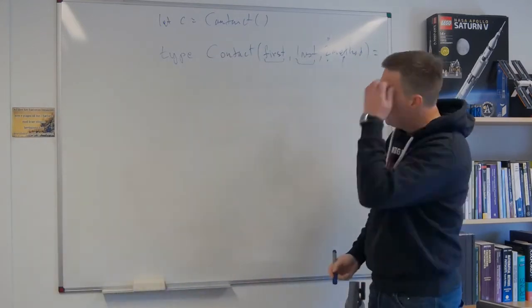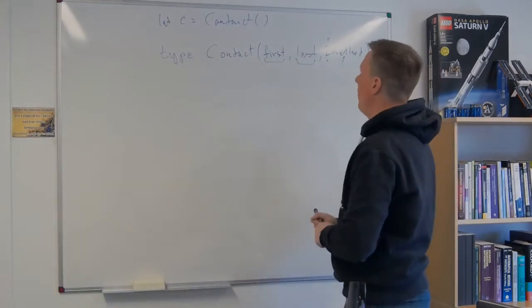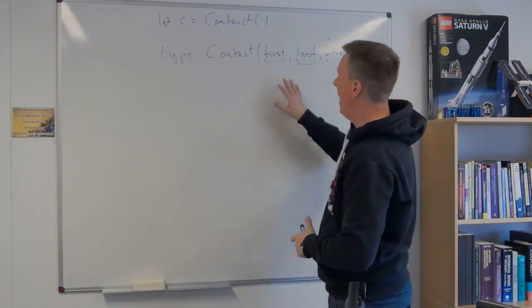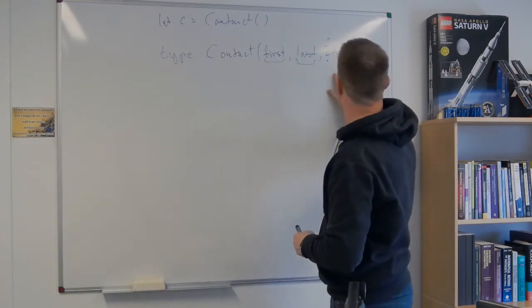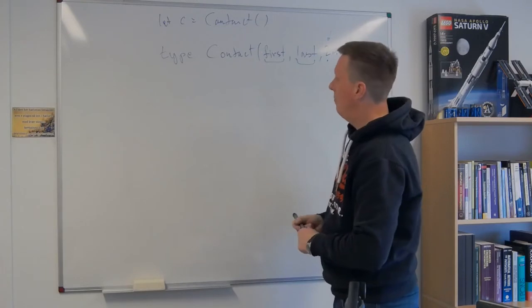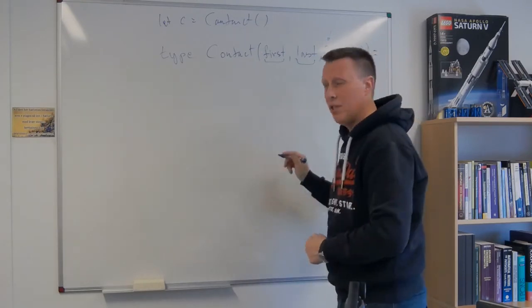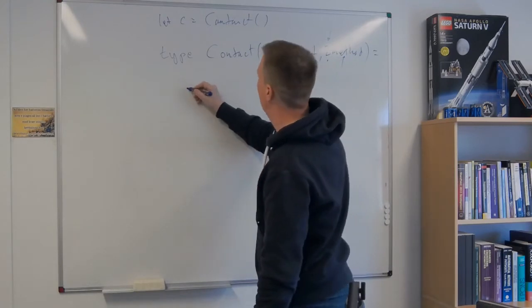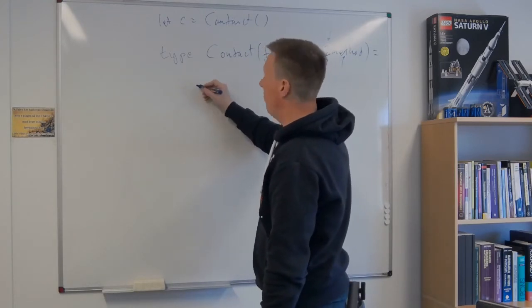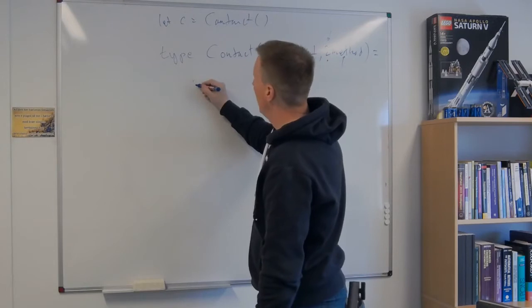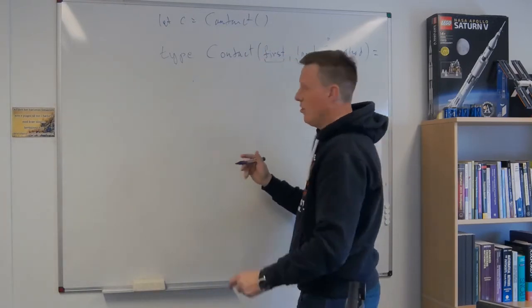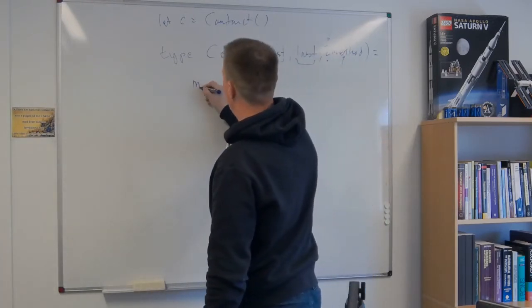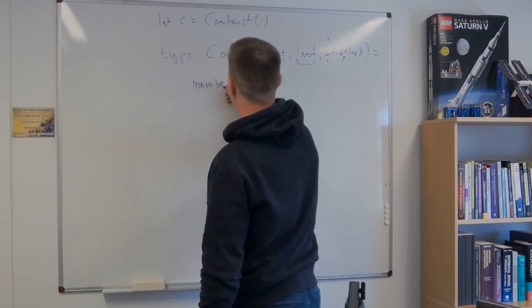Okay. So suppose now that I still just want to have an immutable object, but I want to be able to read out the first name and the last name. So now I can actually define members on this type. These are methods, but these are just accessors. I'm just going to say member,